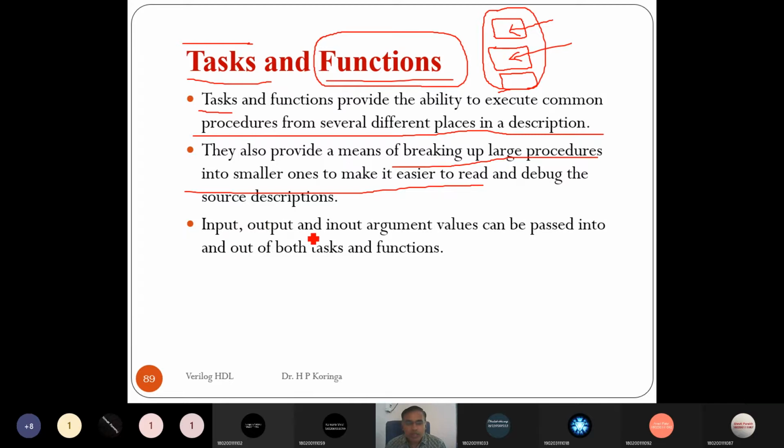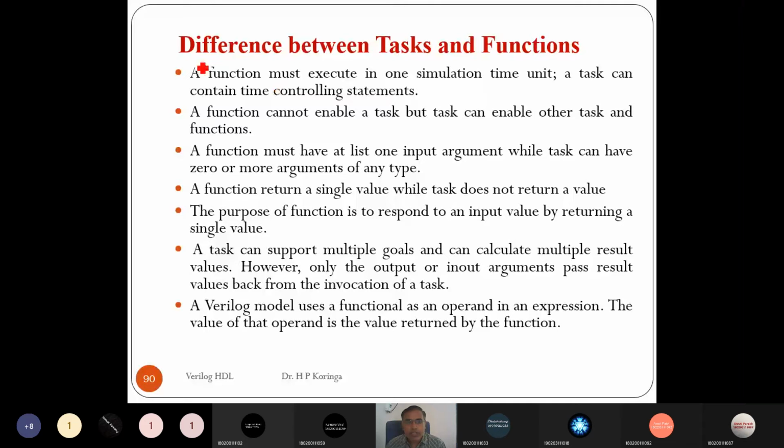Input, output, and in-out argument values can be passed into and out of both the task and functions. So task and function can pass all three types of arguments: input, output, and in-out. Now we'll see the basic difference between the task and function, and when to use a task and when to use a function.